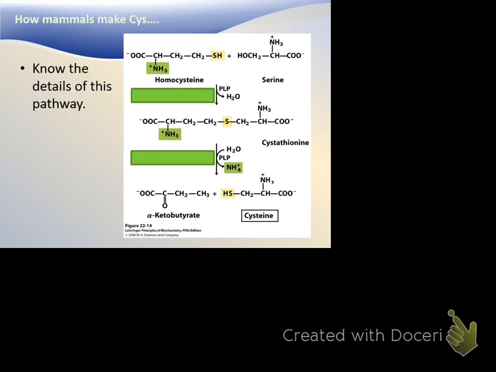All right, so we have homocysteine, we have serine. We use pyridoxal phosphate to remove the water. And so what class or classes of enzymes could this be? Because we're going to be making cysteine. I don't expect you to memorize that name. I would give you the name, and the structure for that matter, because it's quite complicated. But if we're making cysteine using a PLP, what class or classes of enzymes could this be?